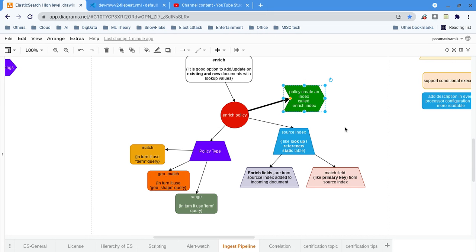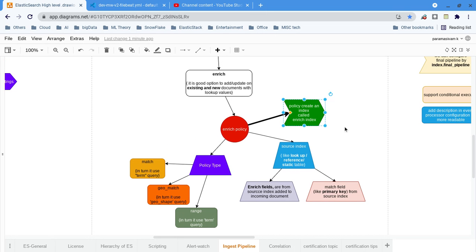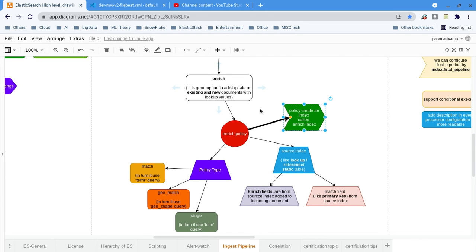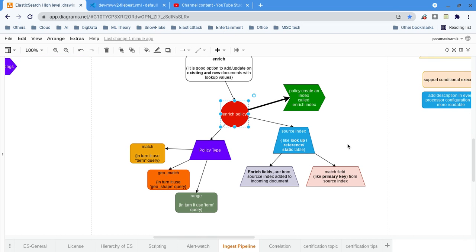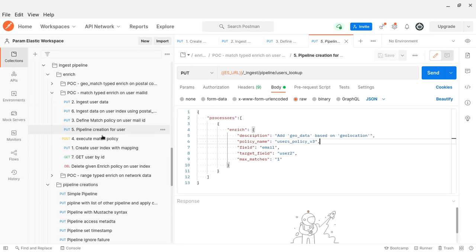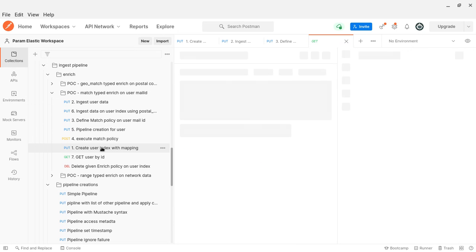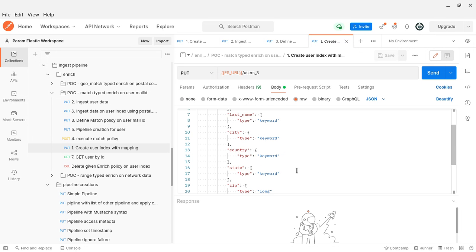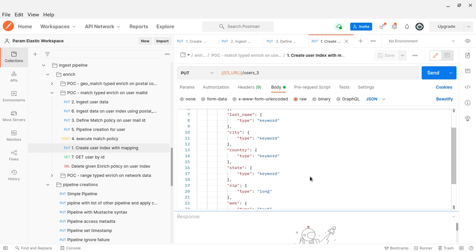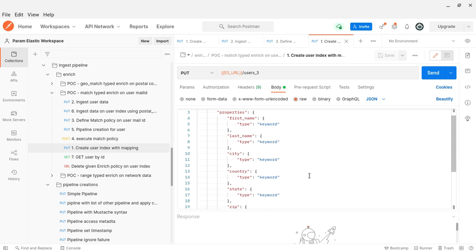Once that execution is completed, only then can you use that enrich processor and policy. So that is what happens here. I will show the first step, we have to create the mapping. You can ignore that. So this is my static index, you can say reference index or source index.